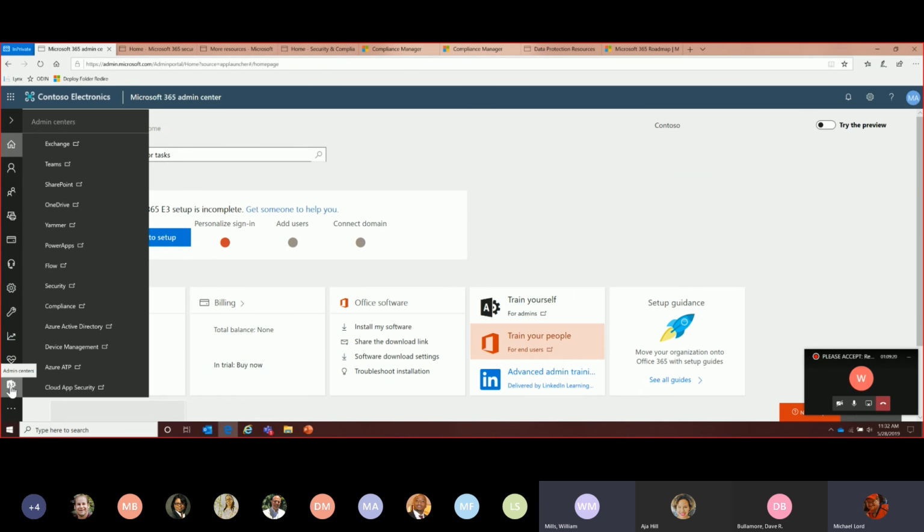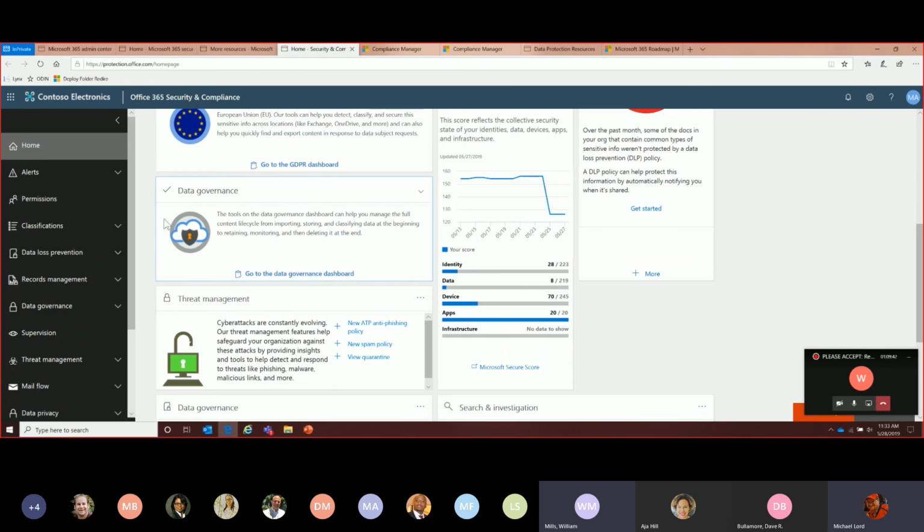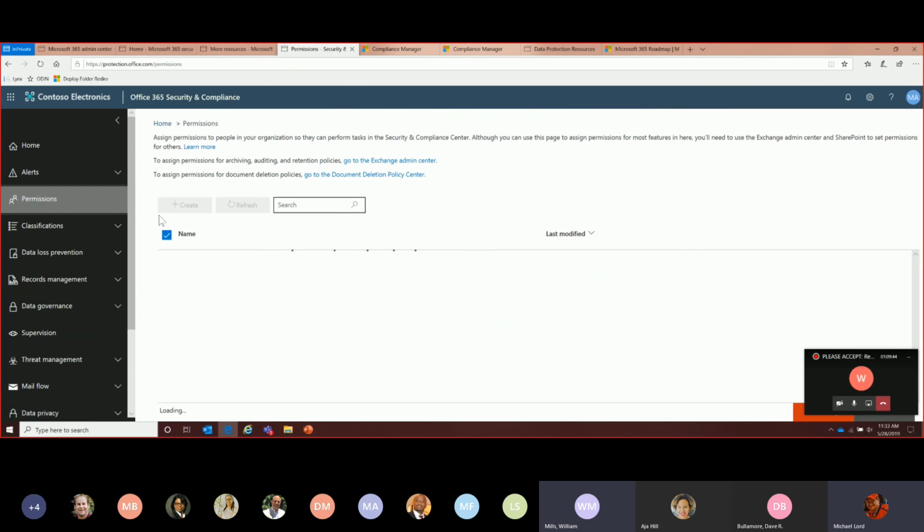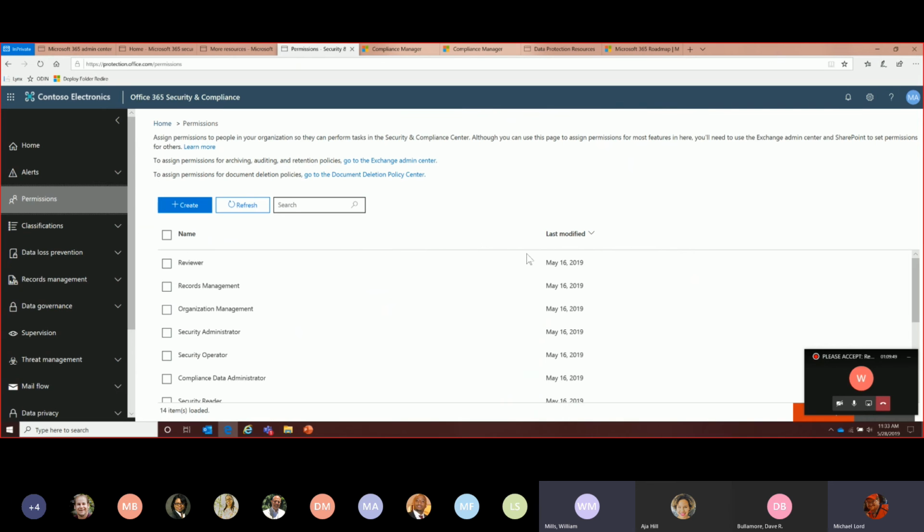So IT doesn't have to be involved in those security and compliance type discussions. That can happen with or without them. That becomes an organizational decision, and ultimately those roles can be handed out, and it is separate than actually administering content itself. Administering a mailbox versus searching through a mailbox become different things. Well, phase one of that was what we're looking at here, which was the Security and Compliance Center. So for those who don't know, there are, I believe it's 36 different permissions associated with this area.